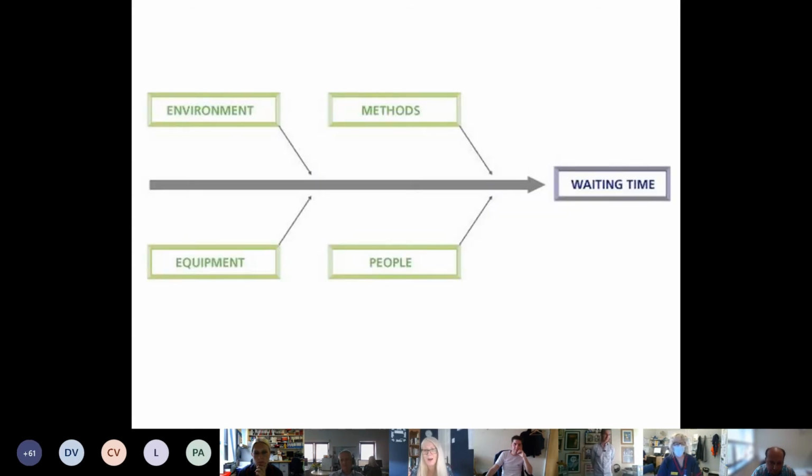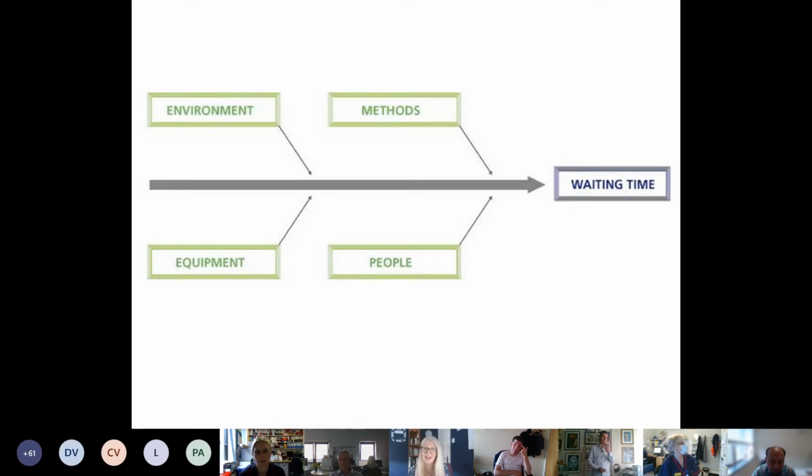I just wanted to talk a little bit more about cause and effect. And one of the places we can see this, and I find an easier example to explain, is waiting time, say in a planned care pathway, or somebody who's waiting for an outpatient's appointment. The waiting time is the effect on the patient, and that's what we see. But actually the causes of the waiting time can be quite complex, from the environment in terms of how many clinic spaces there are and how easy it is to park,